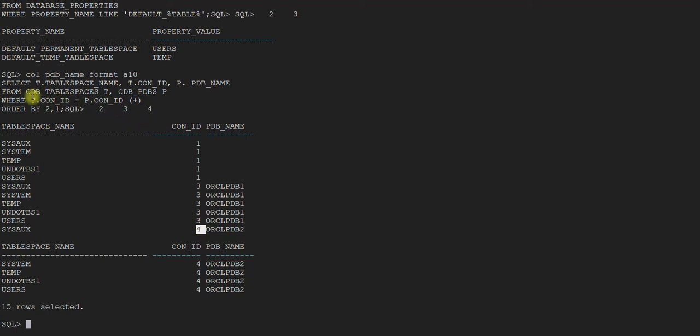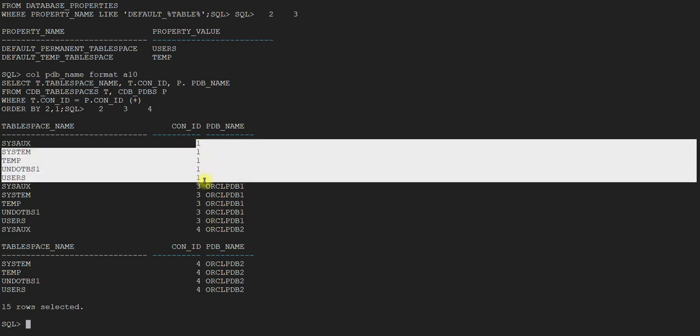You see everything. So what I did is we actually joined two tables on container ID, CON_ID, CDB table spaces and CDB PDBs. Okay, that's how we are retrieving the different PDBs. The ORCL PDB2 is container ID 4, ORCL PDB1 is container ID 3, 1 is the CDB$ROOT, 2 is the PDB seed, but it's not showing up. Okay,